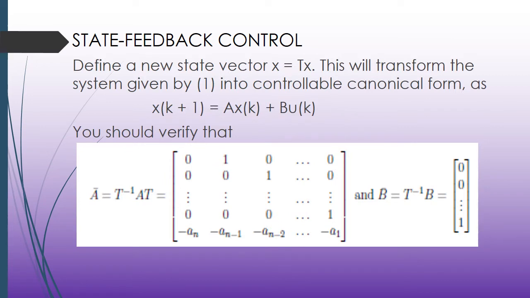So define a new state vector x̂ equal to T^{-1}x. This will transform the system given by the first equation into controllable canonical form as x̂(k+1) equals Âx̂(k) plus B̂u(k). You can verify it in the equation below. So Â is equal to T^{-1}AT,